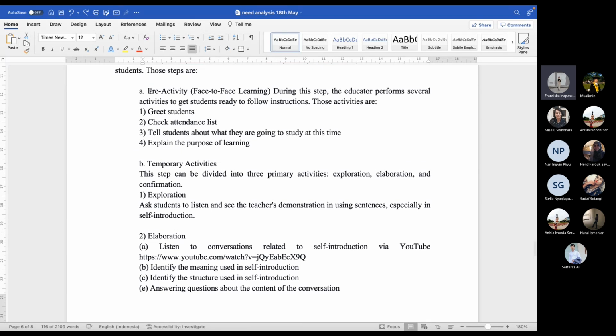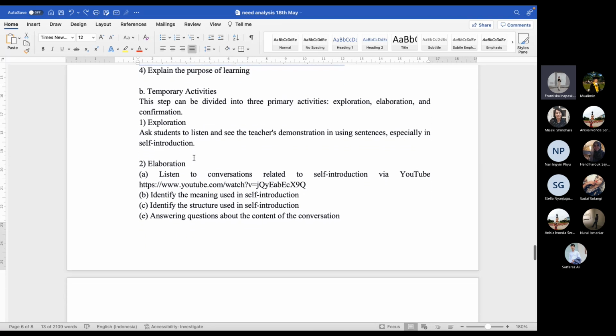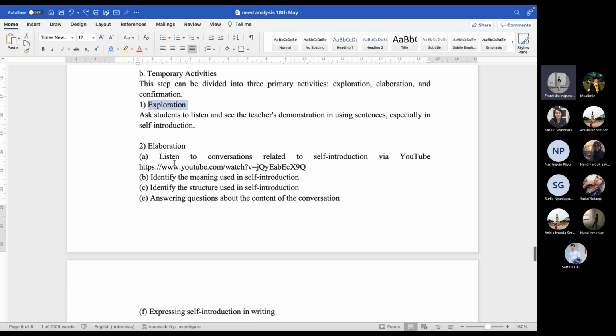There are also several steps here. The first is the pre-activity, face-to-face learning. I greet the students, check the attendance list, tell students what they are going to study at this time, and explain the purpose of the learning. Then the main activities, there are three: exploration, elaboration, and confirmation. In the exploration, I ask them to listen and see my demonstration in using sentences, especially in self-introduction.